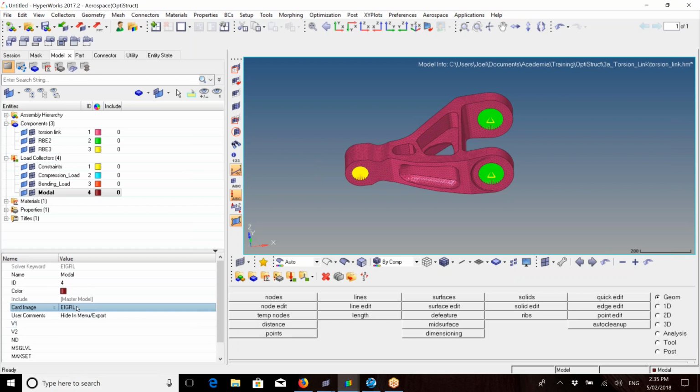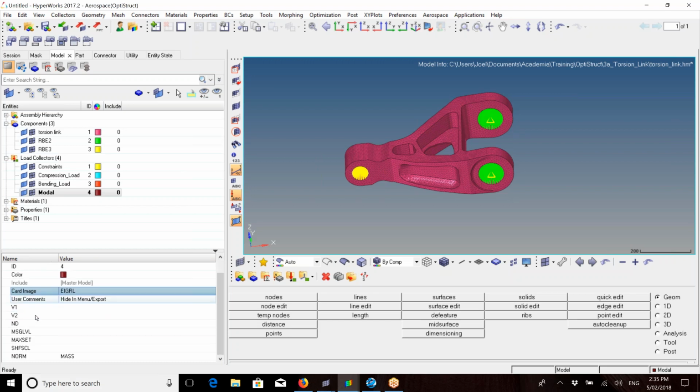So what's happened when we've put the card image in? We've got a number of things here now. If I wanted to, in my V1 and V2, I can put lower and upper limits of the frequencies that we want to pull out of the analysis. But instead of doing that, in the ND section, number of roots desired, I'm going to tell it I want 12. So when this runs, it will give me my first 12